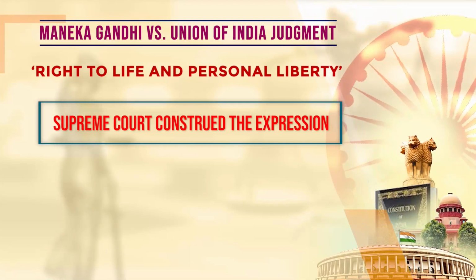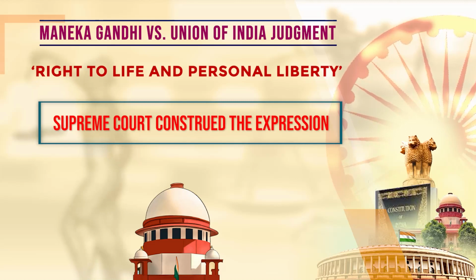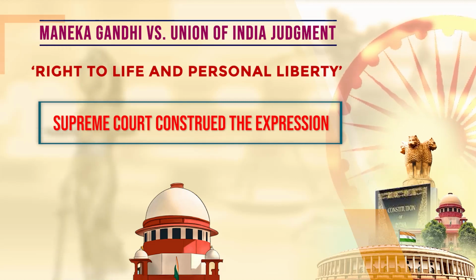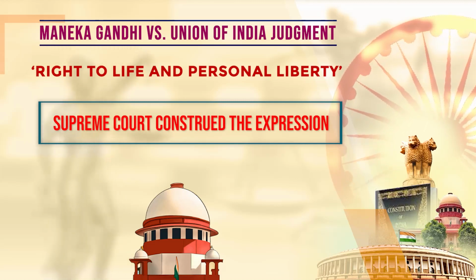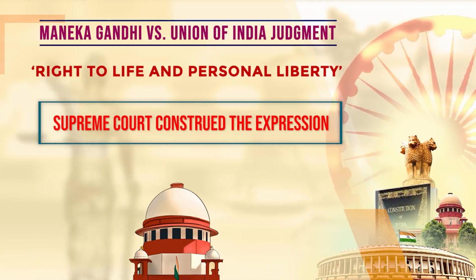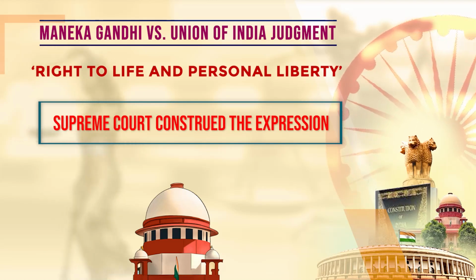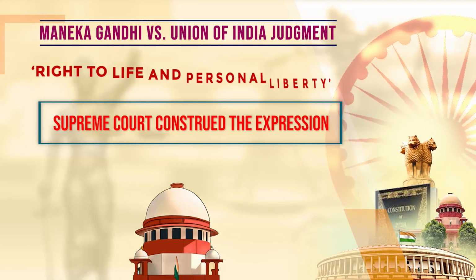So in that way, the Supreme Court says that the attempt of the court while interpreting right to life and personal liberty should be to expand the scope and horizon of fundamental rights rather than to attenuate their meaning and content by the process of judicial construction. So basing on that, the Supreme Court gave a kind of interpretation, a construction of the term